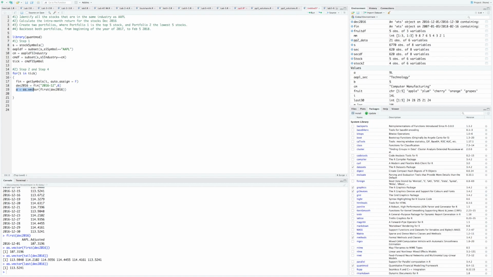And this will become last right here. Now line 20 will give me the last price of December 2016. I can now calculate my result for what I wanted, and we'll call that the